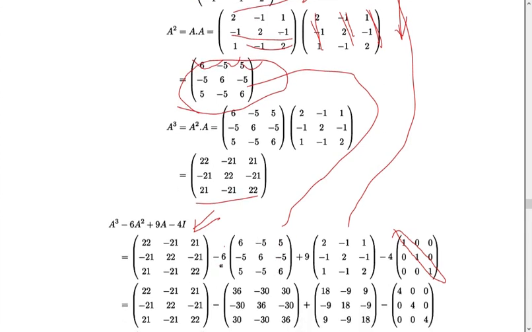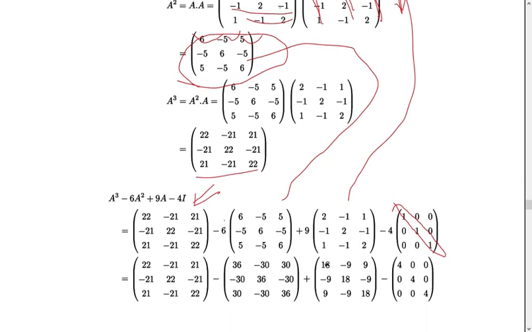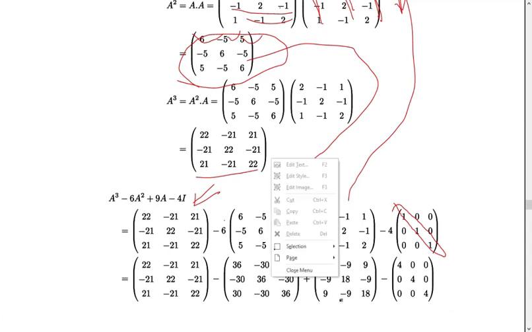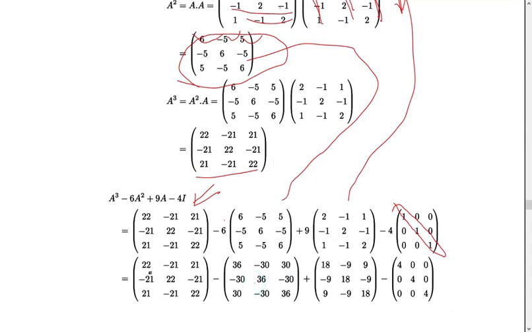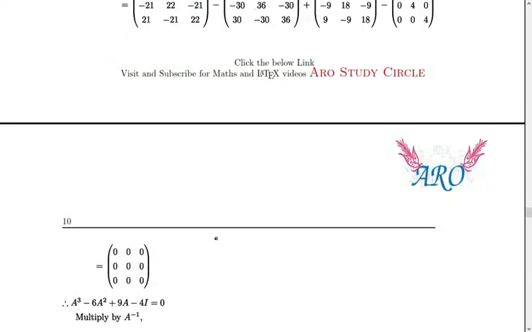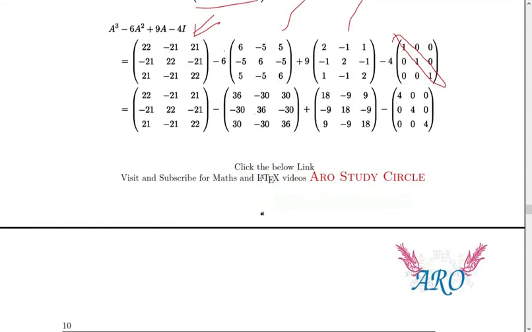First of all, we are going to multiply the constant with the matrix. Okay, first matrix should be same. Second matrix, we are going to multiply the second matrix elements by 6. Okay, 6 into 6 36 and so on, plus 9 into something. We are going to operate this relation, minus, plus and so on. So 22 minus 36, what about that value? Minus 14, minus 14 plus 18 plus 4 plus 4 minus 4, that's 0. Okay, I think it's a 0 matrix. Just operate, it's a 0 matrix.